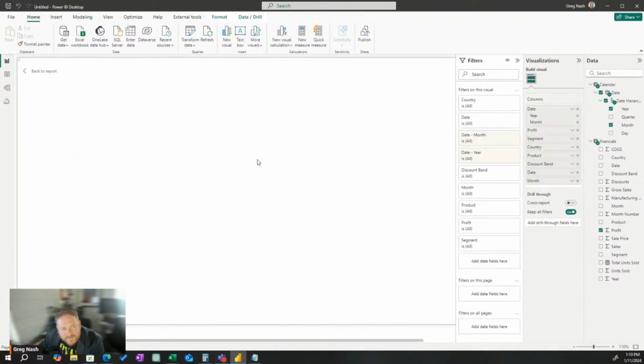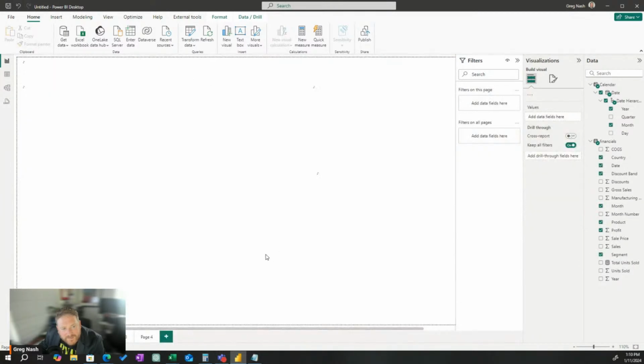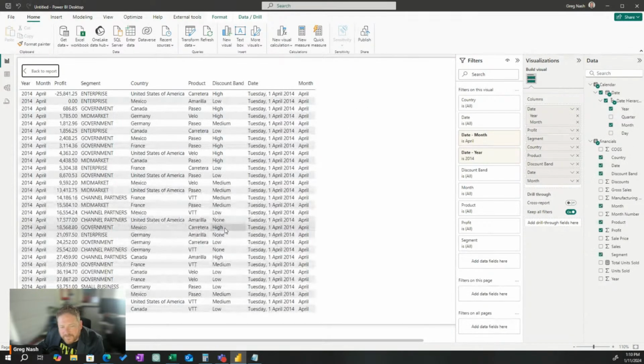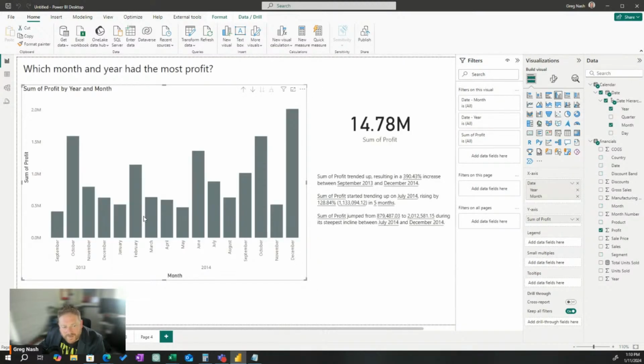It should cross highlight. Why is it not? Have you seen that? I'm left clicking on the column chart and it's showing it as a table. It's doing this instead of cross highlighting. What am I missing? Have I done something silly? That's crazy.